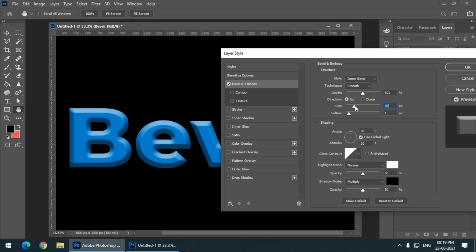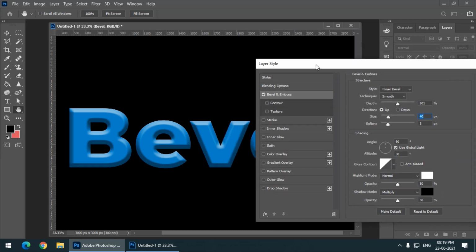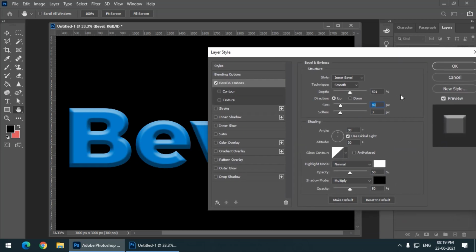And again, I can change the soften value so that the effect becomes softer or smoother like this. So this basically applies in the inner areas of any selected object, inner bevel. So this is how it will look if you want to apply this particular effect.